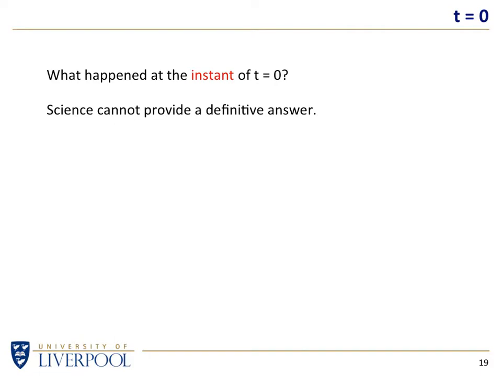The laws of physics, as we understand them at the moment, the rules of the game that we think apply, we don't think those rules of the game necessarily apply before the first picosecond. So we cannot definitively say what happened at t equals 0. There's plenty of people who say it might be this, it might be that. Fine, yes, there's lots of theories. None of them can actually be proved.